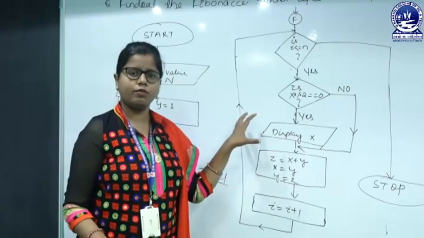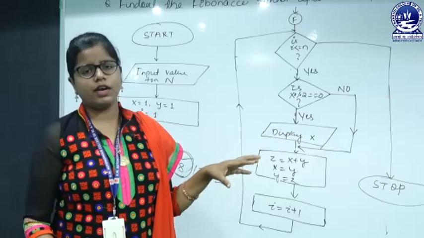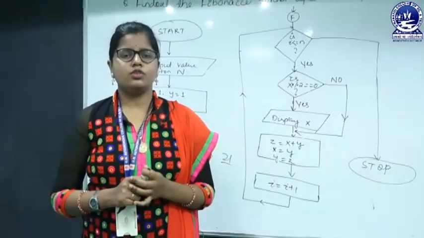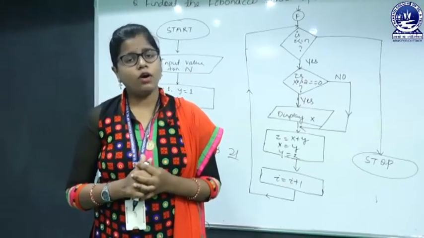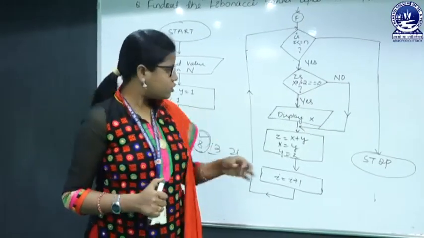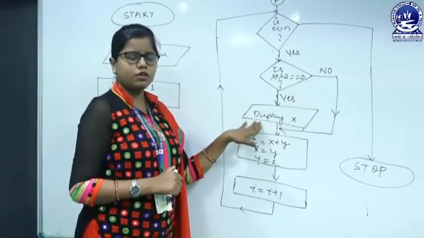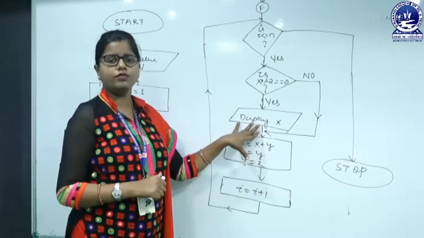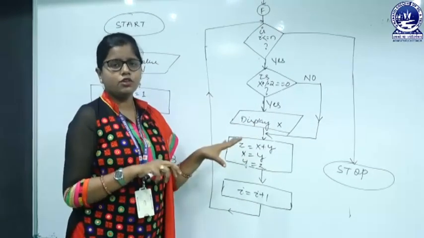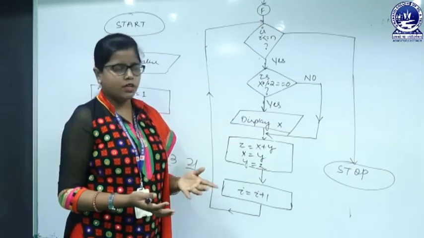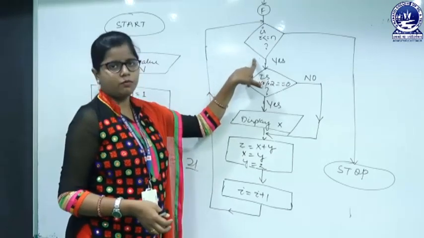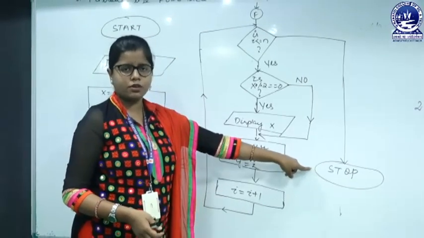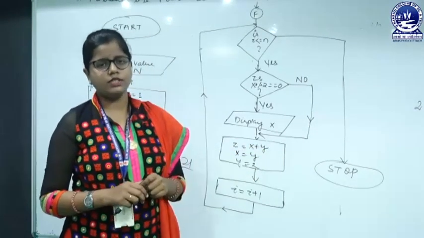So like this you can modify your question and you can find all types of Fibonacci series. Suppose the question may arise to find out the sum of all even Fibonacci numbers. So instead of displaying x, we are going to add all even Fibonacci numbers and we will save the result into another variable, that will be sum. So once my condition gets false, rather than going to the stop, we will first print the summation value, then we will go for stop.